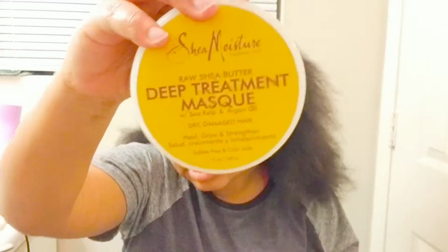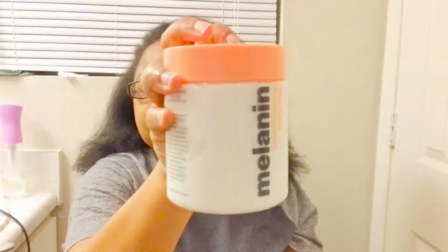The products I'm going to be using as a moisturizer, because all I put is serum on my hair, will be the Shea Moisture Treatment Mask. That's what I'm going to be using to hydrate my hair. And then to seal that in, I'm going to be using the Melanin Hair Care